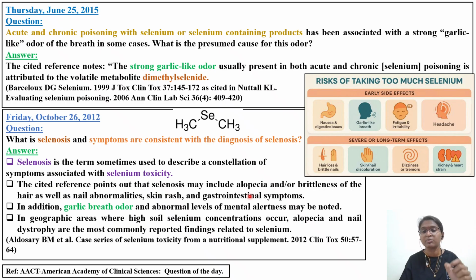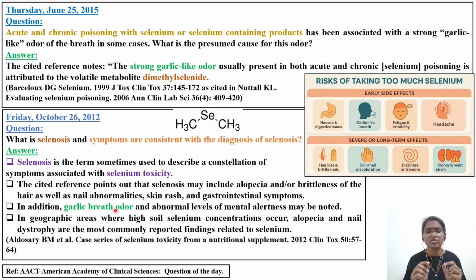So hair fall, that is alopecia, then brittleness of the hair, breakage of the hair, nail abnormalities. One question with respect to nails also you have to remember, that is Beau's lines, Mees lines, white color line or pink color line. So like that, by looking at the nails, clubbing of nails, these are the various indications of how you can identify a person is exposed to a certain kind of poison. So in the case of selenium also, you can see that there will be nail abnormalities. I'll show you the picture in the next slide.